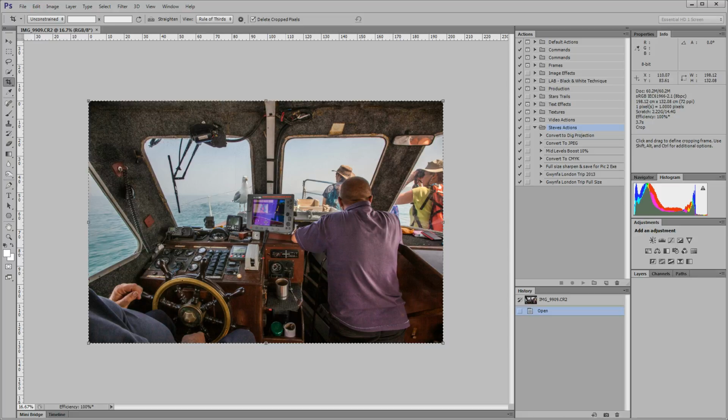I want to save it to the folder that I've created for this size of image and then close the image. Most of what I've just said can be recorded as an action, so I don't have to repeat this for every single image that comes through. I can apply it as an action. So I'll be running through the process of doing that. The first thing we need to do is crop it to the dimensions required, so using the crop tool,